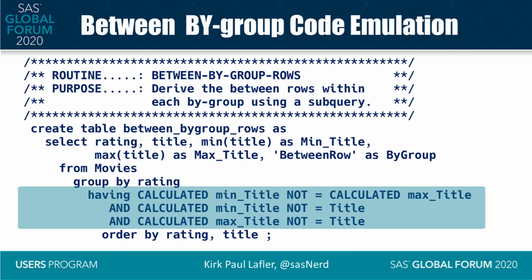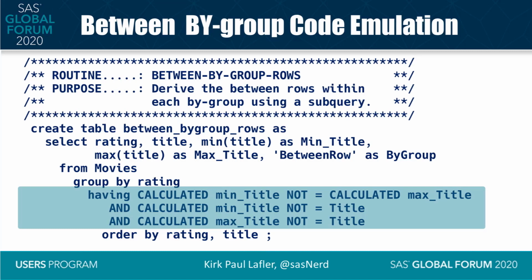Consequently, we want to be able to access the contents of these dynamically created variables, min title, max title, and by group. Consequently, we must use the calculated keyword to do so. So having calculated min title is not equal to calculated max title, and calculated min title is not equal to title, and calculated max title is not equal to title,